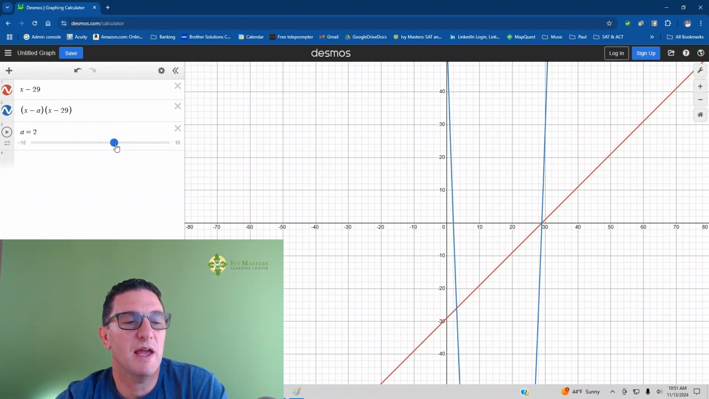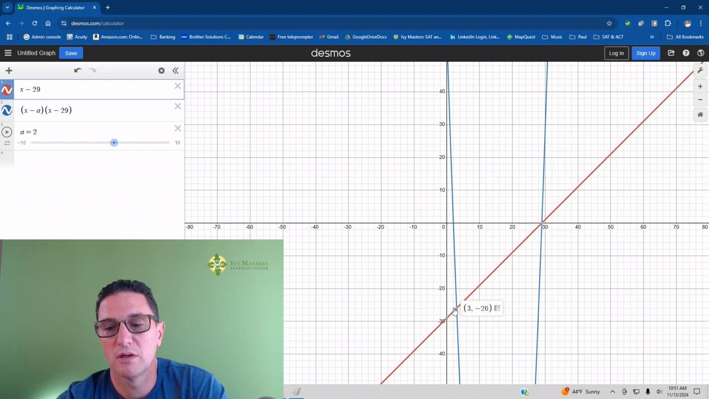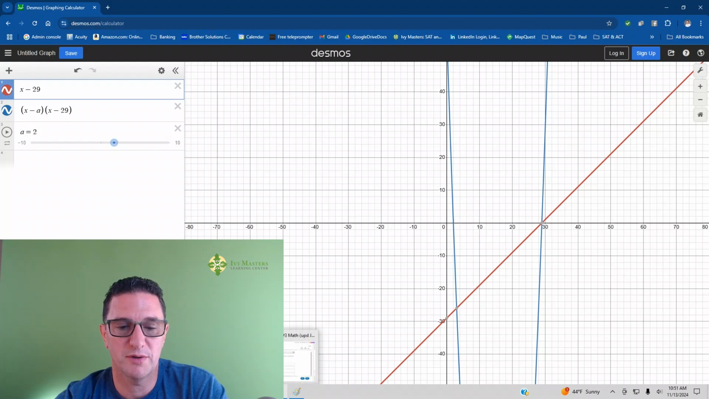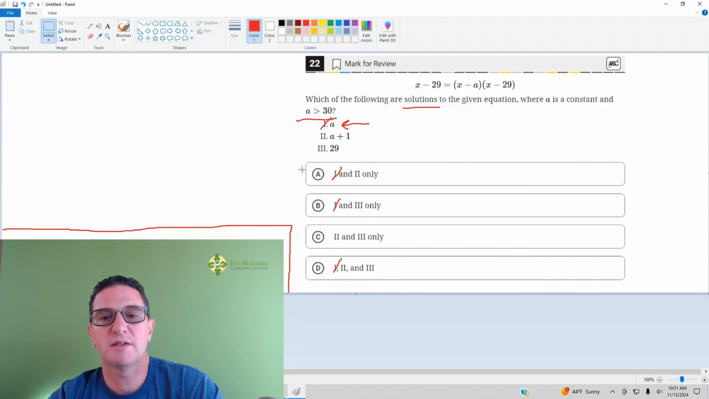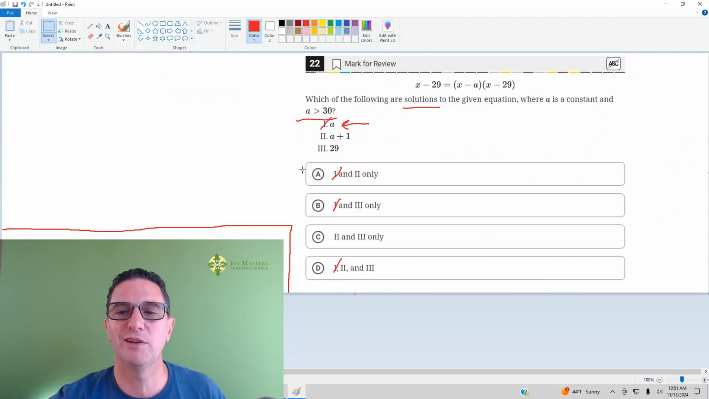So now if my a is 2, one intersection is 3. It's still a plus 1, and the other intersection is still 29. So 29 and a plus 1 still work no matter where you move this slider, so you know you have your answer. Okay, last way we're going to solve this question is we're going to do it